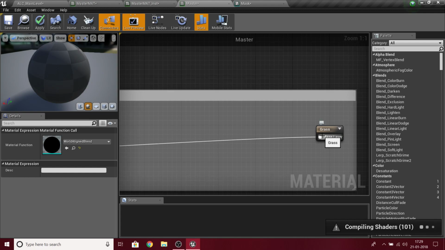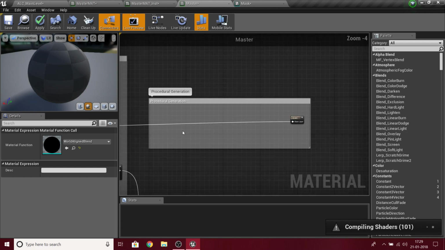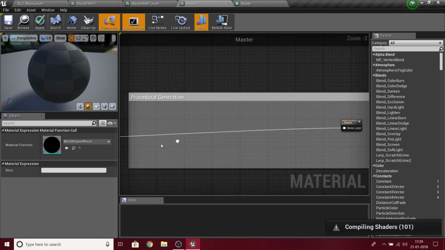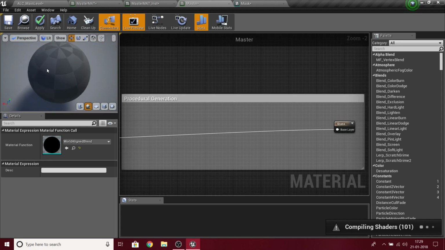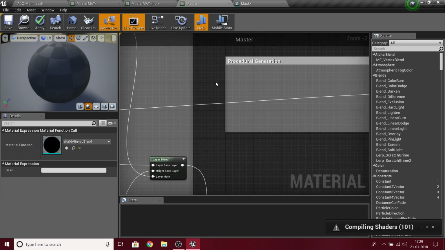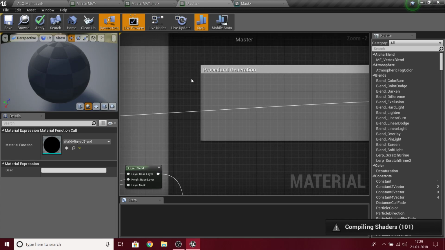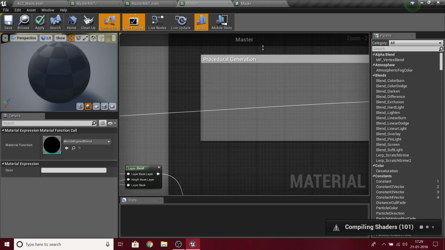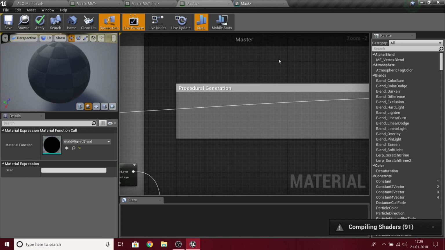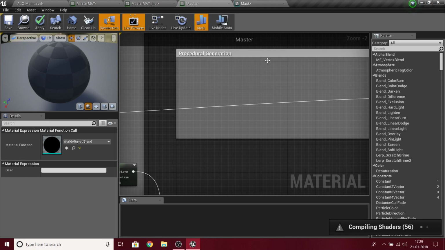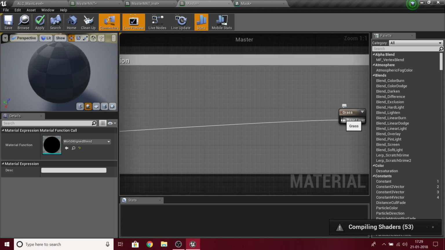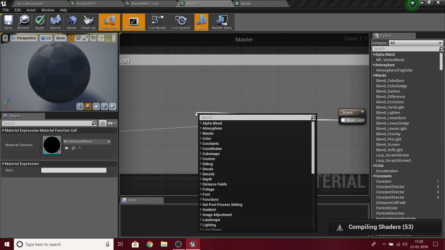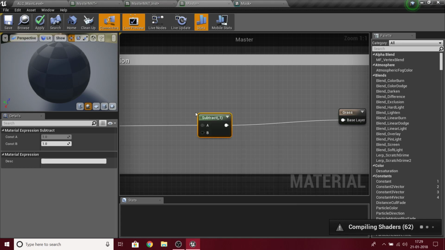And all you want to do now is subtract the mask out of it so that it only generates on my moss, but it will remove the places where I've painted my mask layer, right? So what you need to do is subtract,